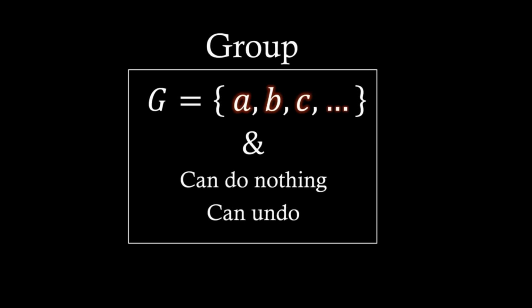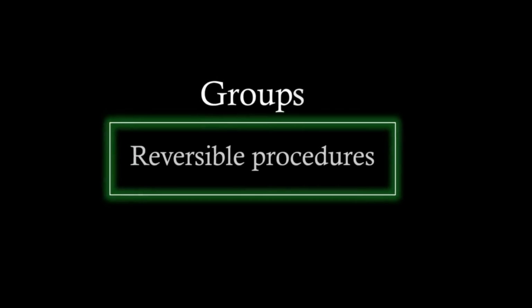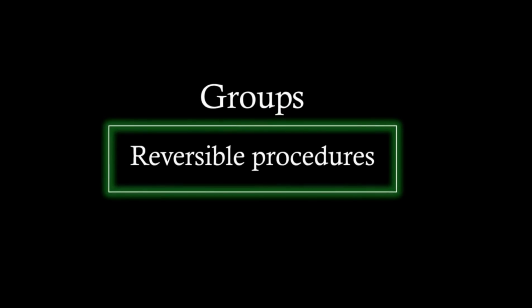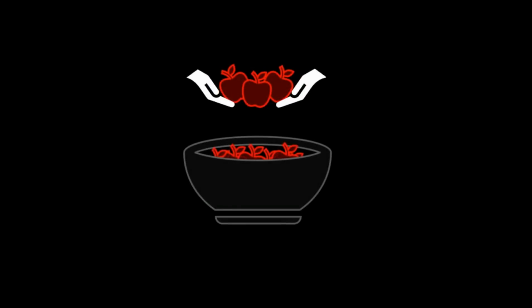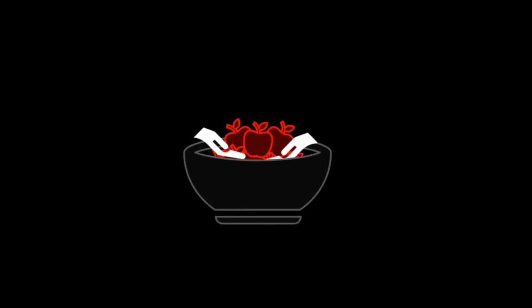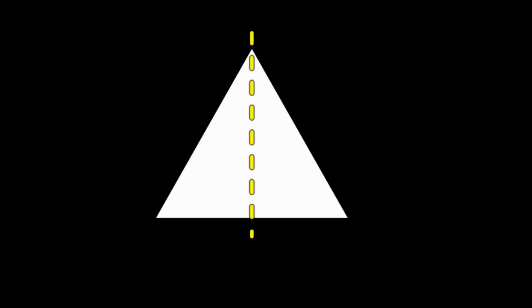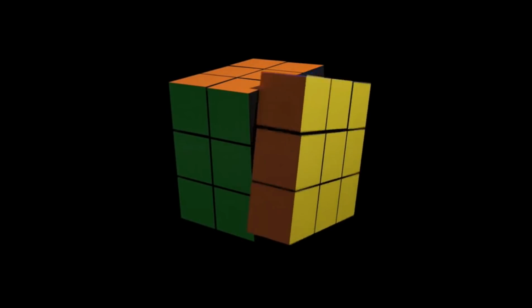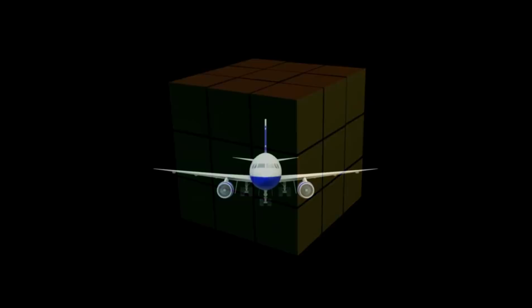Taken together, groups study the and-thenning of undoable actions. In plain English, groups study reversible procedures. This includes anything from addition and multiplication to symmetry transformations, Rubik's cubes, rotations,